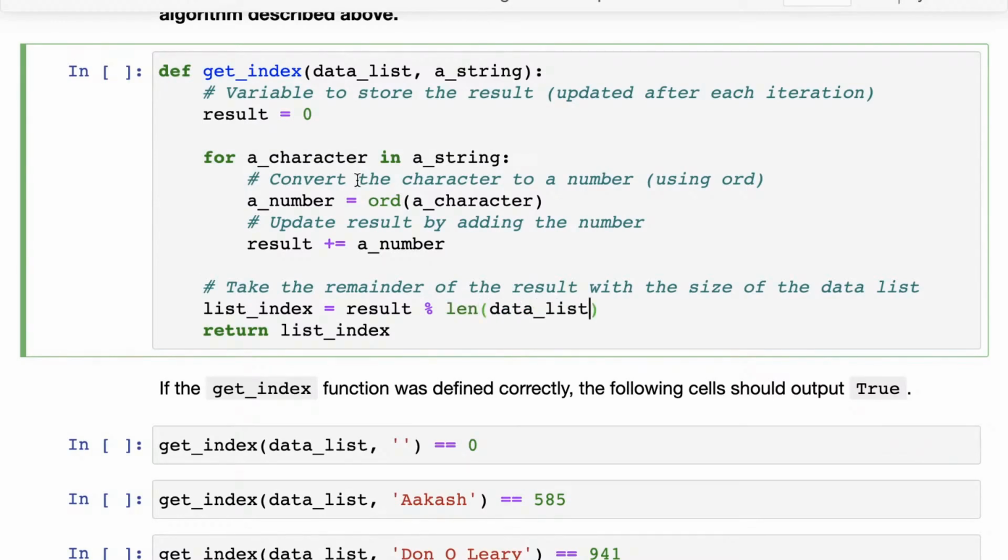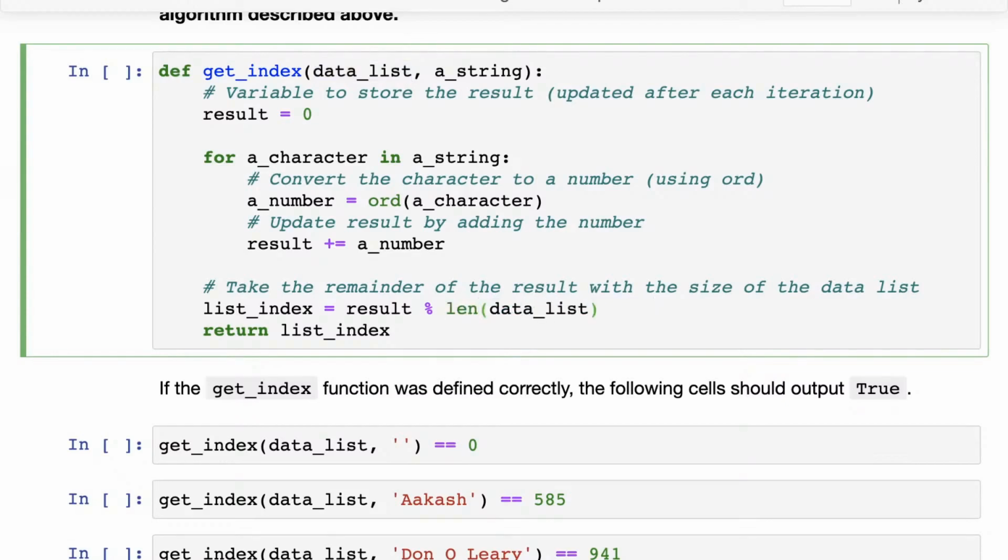Now remember, I could also have probably written max hash table size here, but that would be wrong, isn't it? Because we are passing in a data list here. Although we have so far created a data list of size 4096, your function should ideally be looking at the size of the data list that you have here and not any global variables. So keep that in mind, and the right thing you should check here is len of data list.